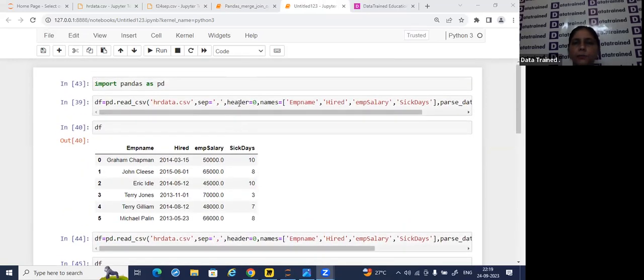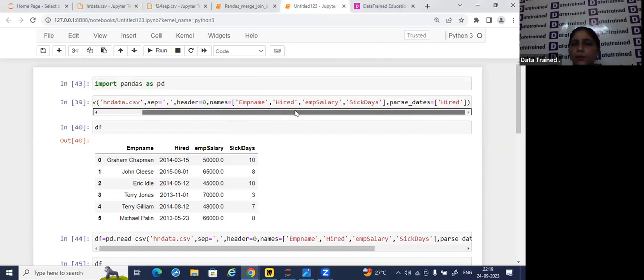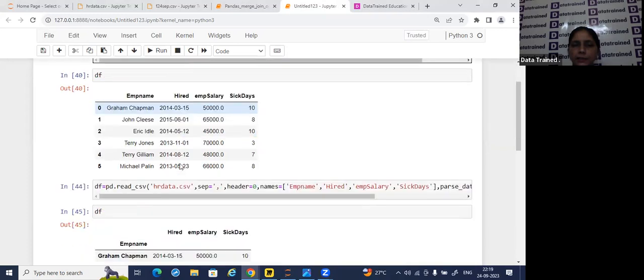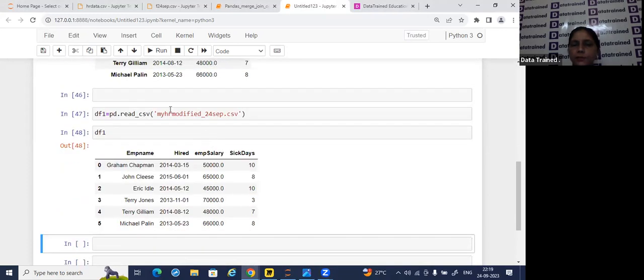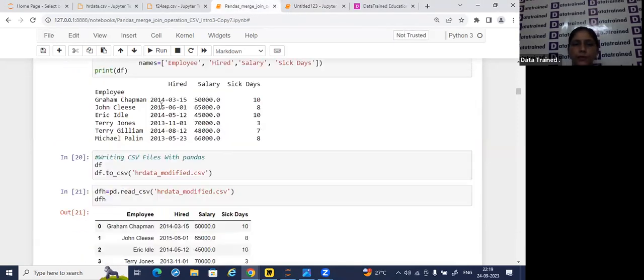So only one time you have to read the file, and then you can proceed with it. Here you can save the file and you can reread the file. This is the procedure of read_csv and to_csv for any file. So this is one. Now, in a similar way,